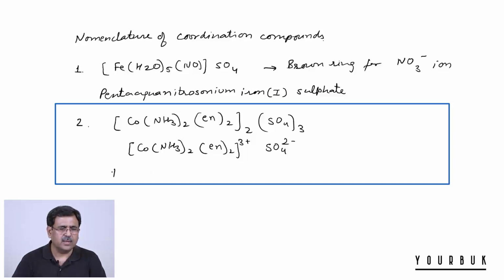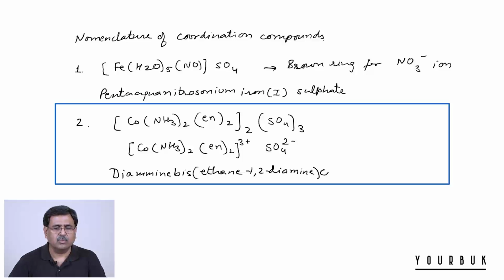We write diammine with a double M, then we write bis(ethane-1,2-diamine), then we name the metal atom cobalt followed by its oxidation state in Roman numerals, III,